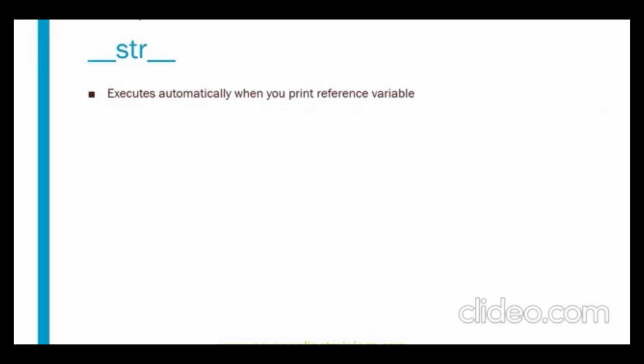When the constructor method will execute, normally what is the constructor here? Constructor means __init__, right? So __init__ is a constructor. So when this constructor will be invoked, at the time of object creation, constructor will be invoked. And similarly, we have __str__. When this will be executed? Suppose if you want to print the reference variable, then str automatically will be invoked. And similarly, whenever I want to destroy an object, then the __del__ method